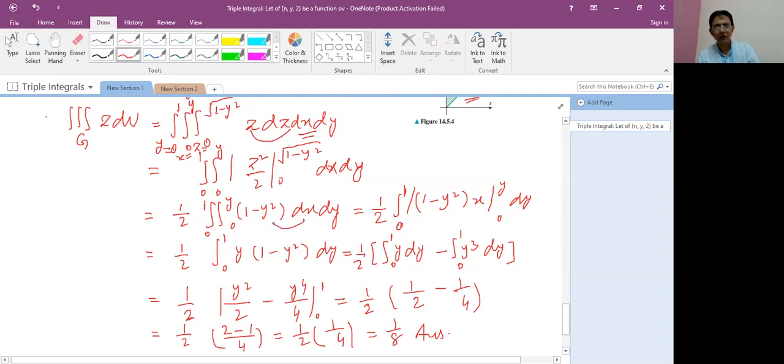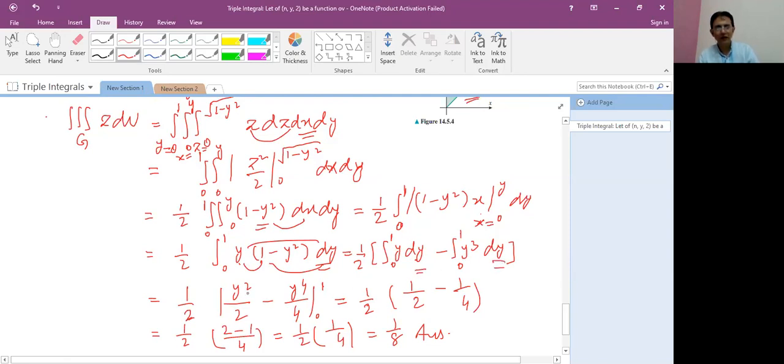So in the next step, student, we will integrate with respect to x, 1 minus y square, the limit of x is 0 to y according to the diagram. So when we put here y, it is y into 1 minus y square into dy. And in the last step we will integrate with respect to y. If you multiply together first, then integrate, it is y minus y cube into dy, so y dy minus y cube dy, and separately you integrate both functions.